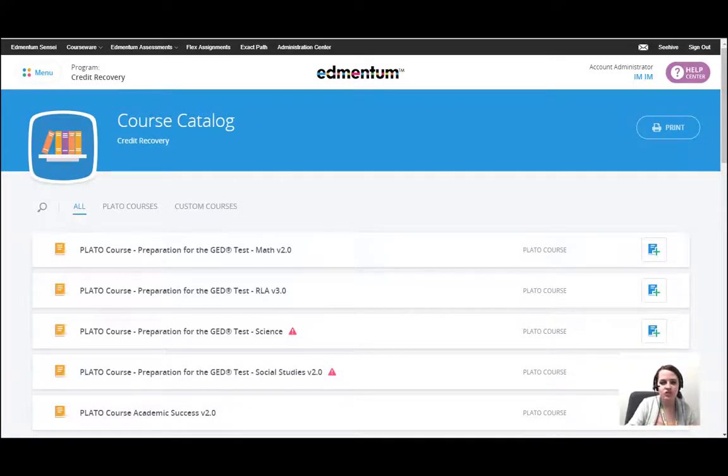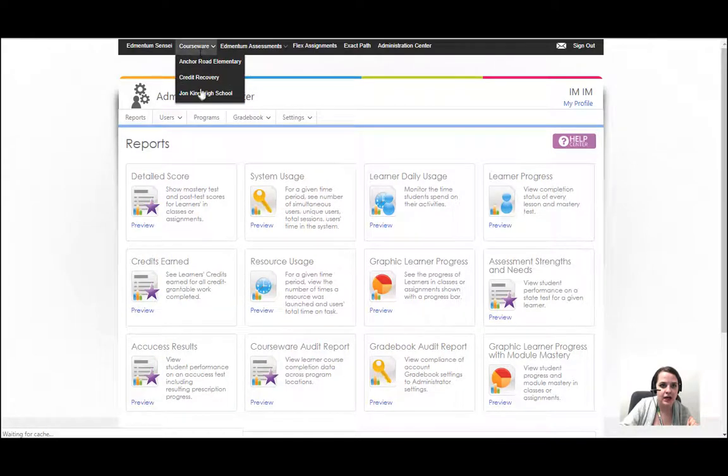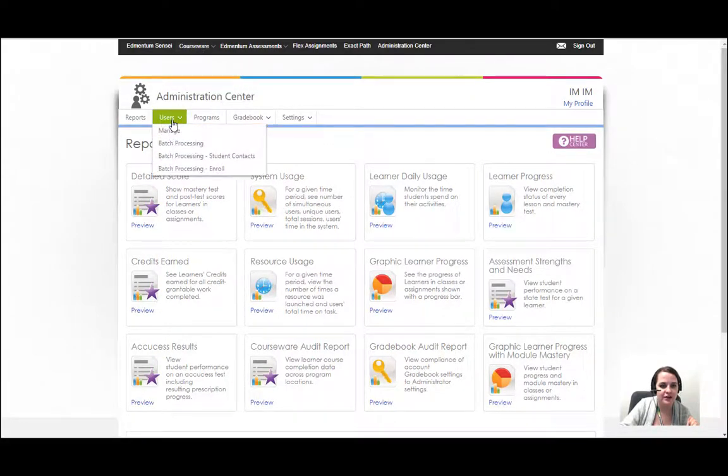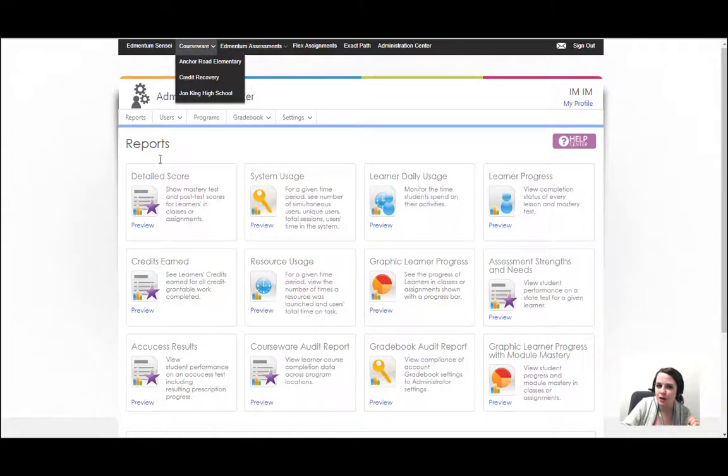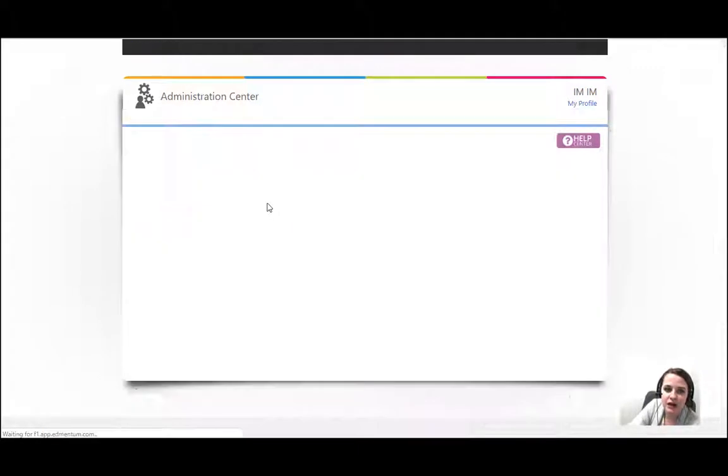Now, let's say you watched all of that with horror and you were like, oh my gosh, that's going to take so much time. There's got to be a better way. Well, you do have to create your sections like that. But what you can do is you can batch enroll your students. So I'm going to come back to Administration Center. And I'm going to come, oh, nope, sorry, down to users. I always make that mistake. There's a drop down here and a drop down here, and I just get them all mixed up. All right, so we're going to go to batch processing, enroll,